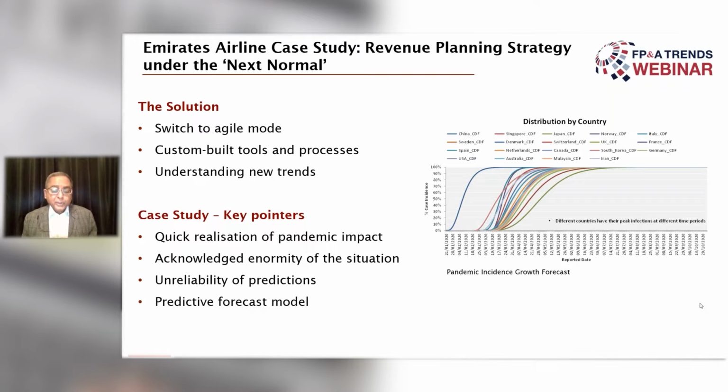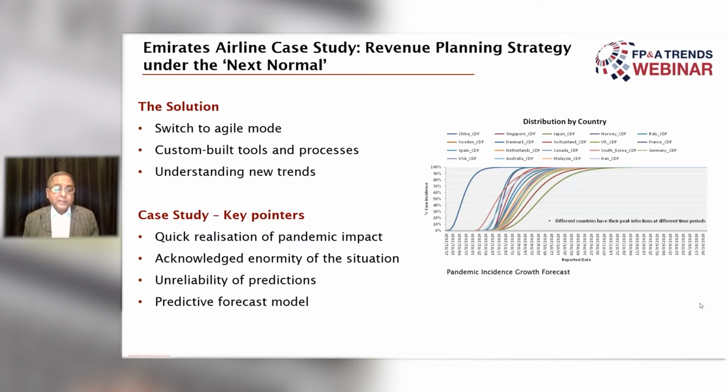The unreliability of predictions was one of the major challenges. The industry pundits came up with quite a lot of different scenarios. Through our experience, we found that a lot of these external analyses were rendered ineffective, or they were vastly different from what transpired. There were various demand resumption theories floating around, like a U-shaped recovery, a V-shaped recovery, a W-shaped recovery. But what we experienced over the last 1 year was completely different from what the historical demand resumption curves had dictated.